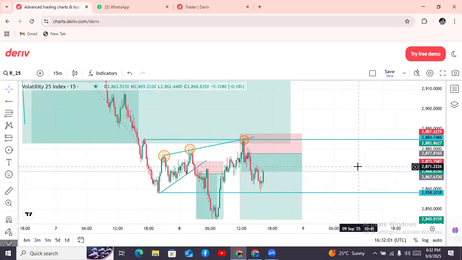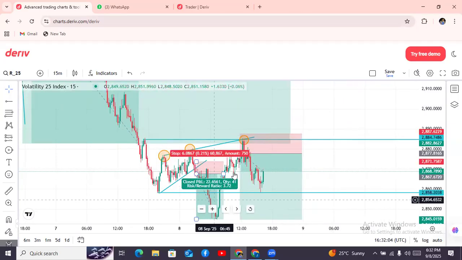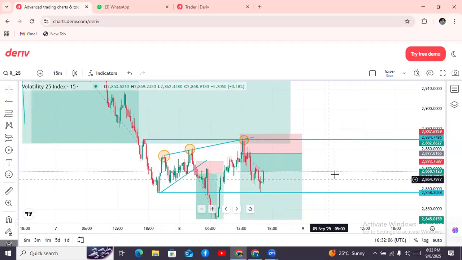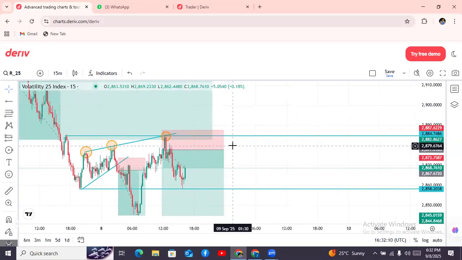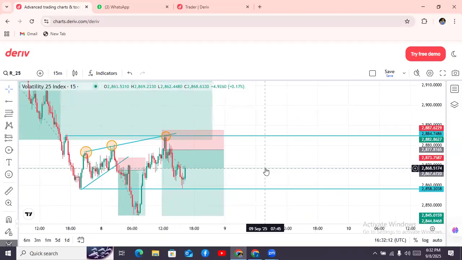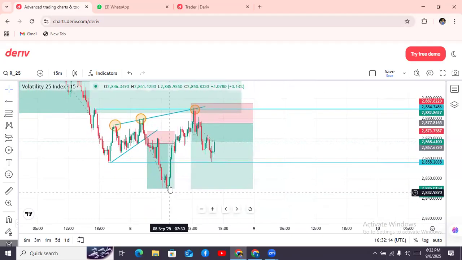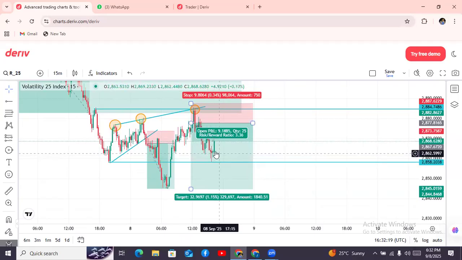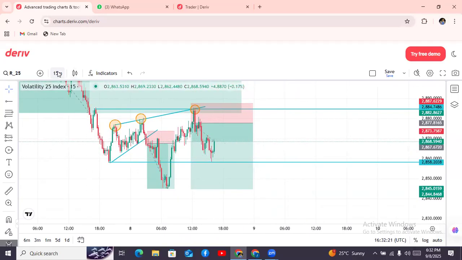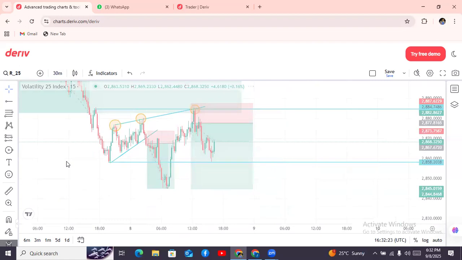But what I'm also seeing with this particular trade is sort of an inverse head and shoulders. So this is our head, that is a shoulder, and that is another shoulder there. So if it closes bullish,